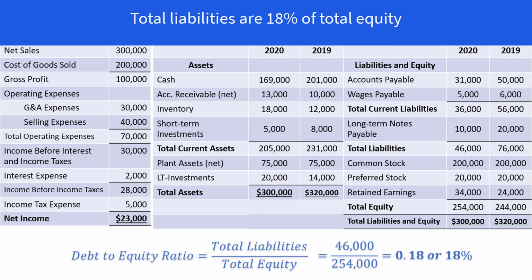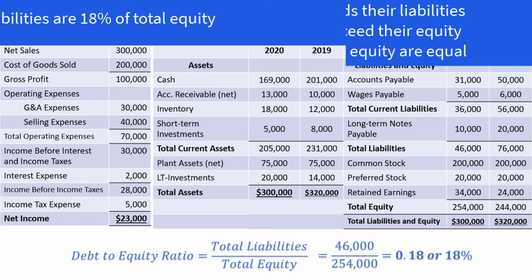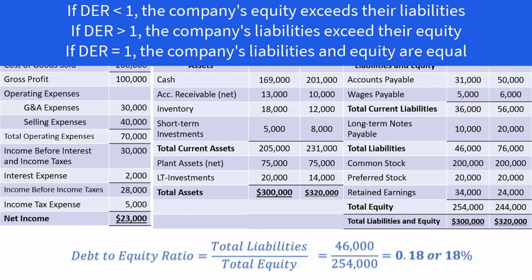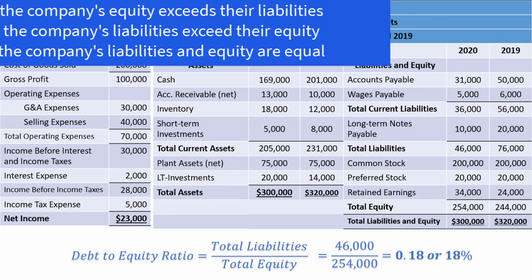This tells us a similar story as the previous two ratios, but in a little bit different form, that equity financing is much higher than debt financing for this company. A debt-to-equity ratio of 1, or 100%, suggests that debt and equity financing are equal. The same risks of having a high debt apply as were discussed in the previous two ratios, including the consistent payments and interest that must be paid on debt financing.